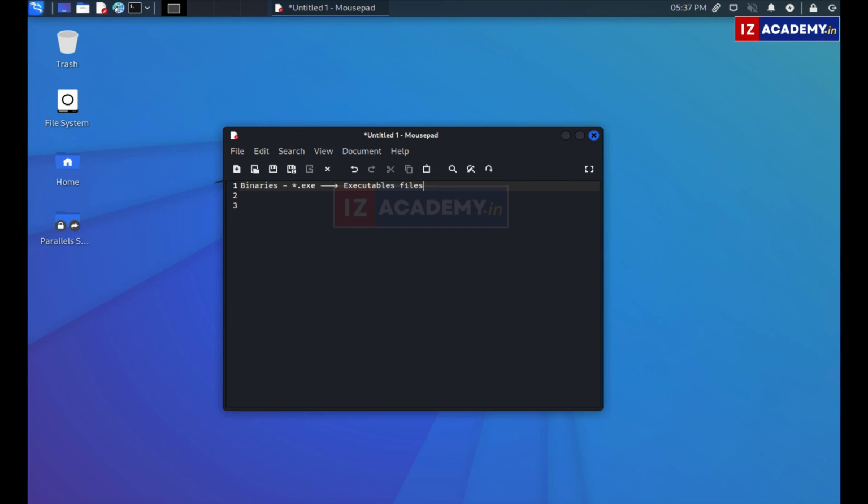So they are called binaries, similar to executable files in Windows. And they reside in the /usr/bin folder, or they reside in the /usr/sbin directory.